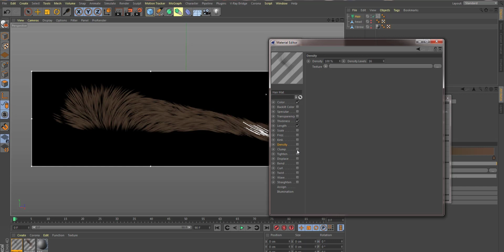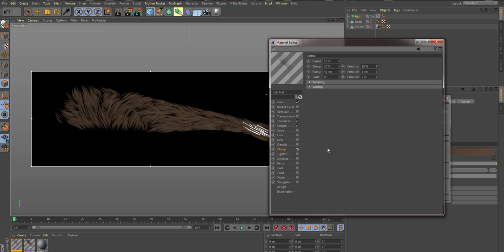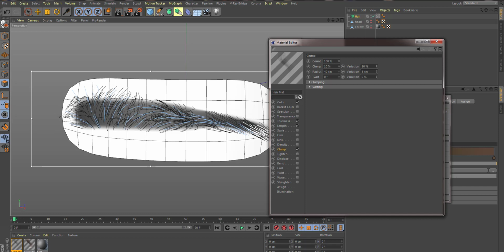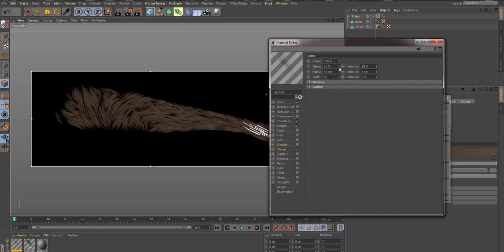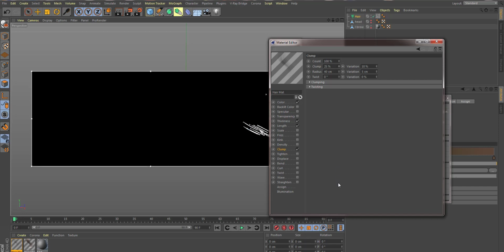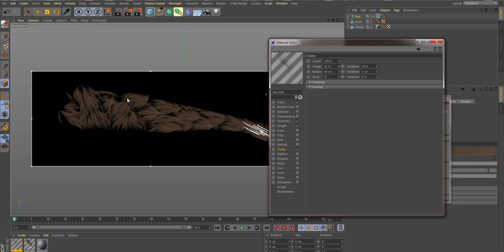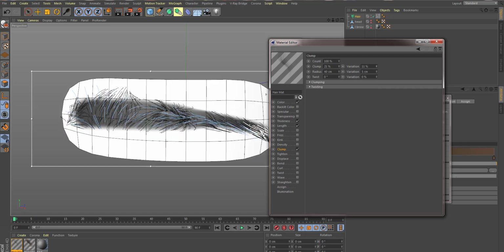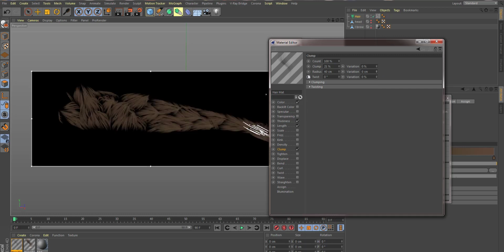Clumping, this could be a tricky one. You can get some mixed results with this. The key I found with the clumping is to make sure that you've got enough clumping across the distributed surface. So what I would tend to do is take the count up to 100%. I would have the clumping strong enough that I can definitely see what's going on, and then it will let you know how many clumps are on there. To start with, I would take variation out of it so we know what we're dealing with, and then when you